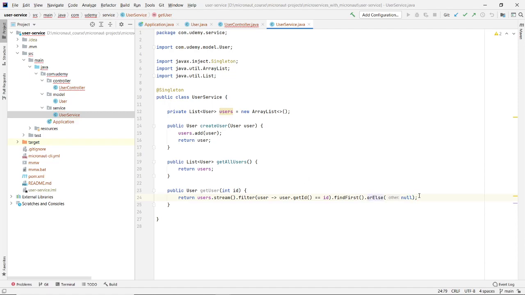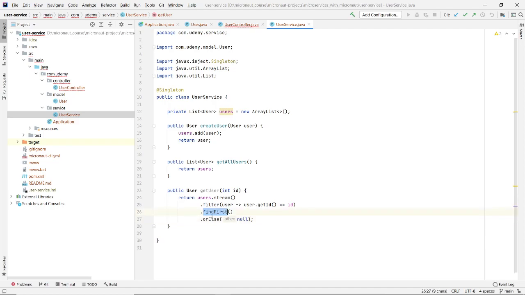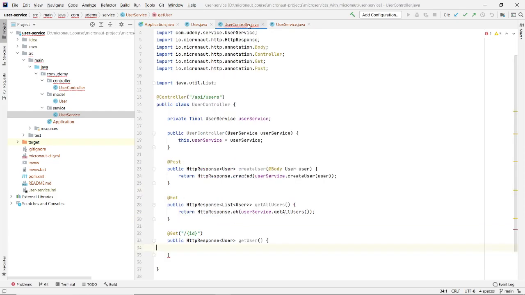So this is not actually the best way. We will take a look at error handling in our subsequent videos. So currently we will be filtering our list of users based on our ID. We will find the first matching record, and if such record is not found, in that case we will return null from this method, and in our controller we can call this method to return a user.